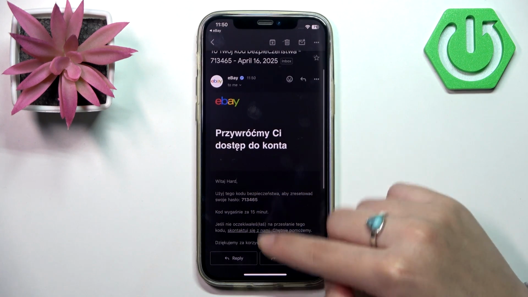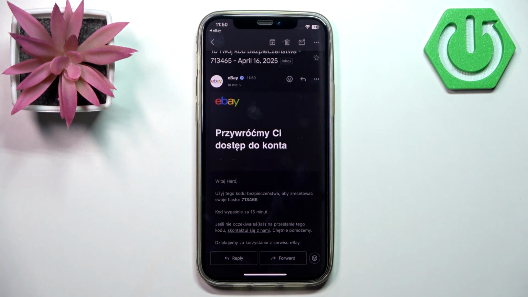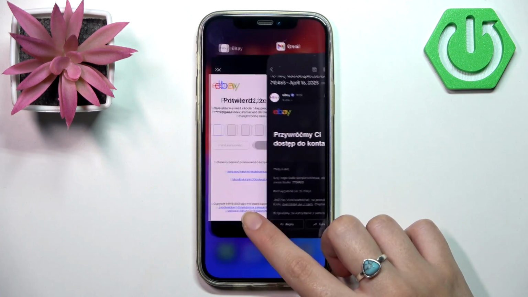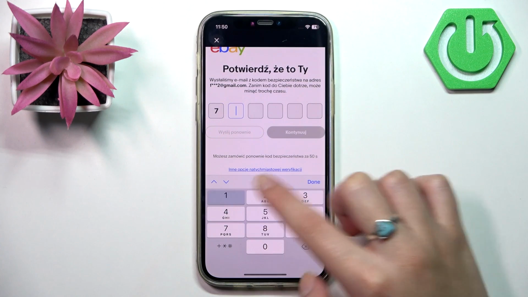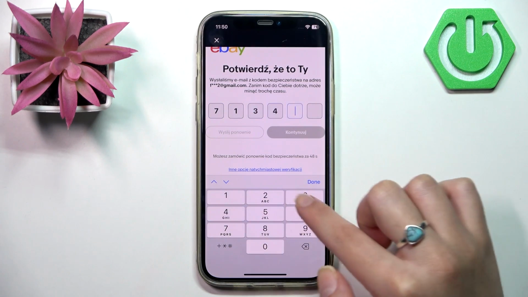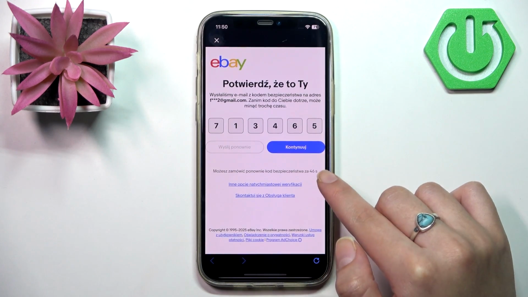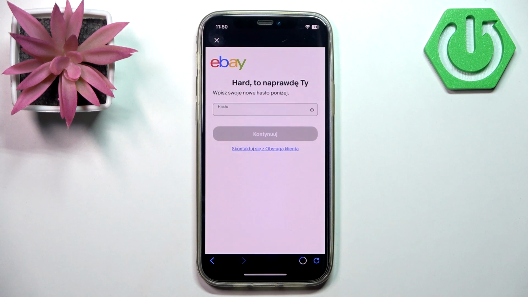But of course, don't type my code, because you will have something else. Click